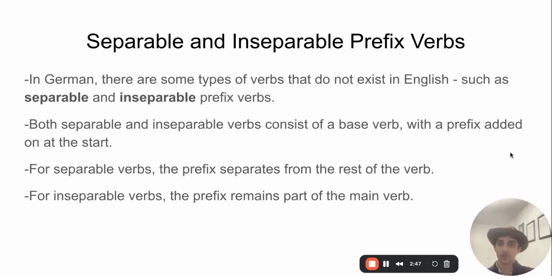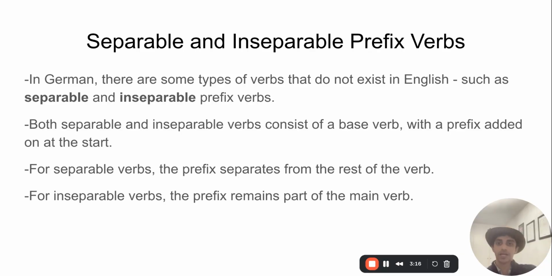Okay, so moving on then to separable and inseparable prefix verbs. This is potentially a tricky aspect of German grammar, perhaps not the single hardest thing that students struggle with for German GCSE and iGCSE. If I had to pinpoint or identify just one aspect of German grammar that trips people up the most, it would probably be word order or adjective endings, but this is still a very relevant part